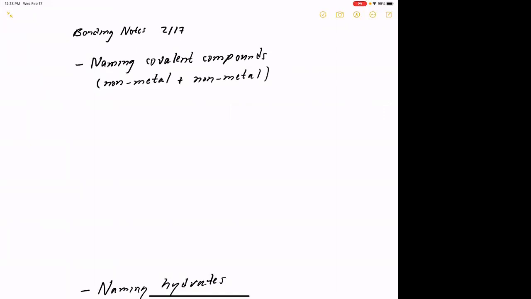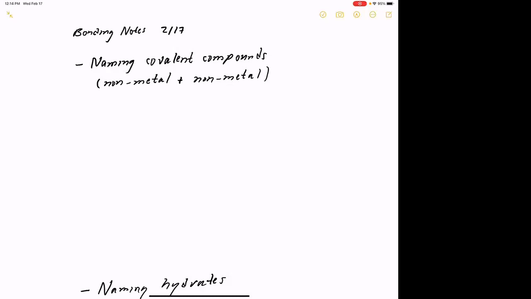Now, again, how do I identify a covalent compound? Well, it's always going to be a non-metal combined with another non-metal. How do I identify non-metals? They're over on the right-hand side of the periodic table. Okay, so